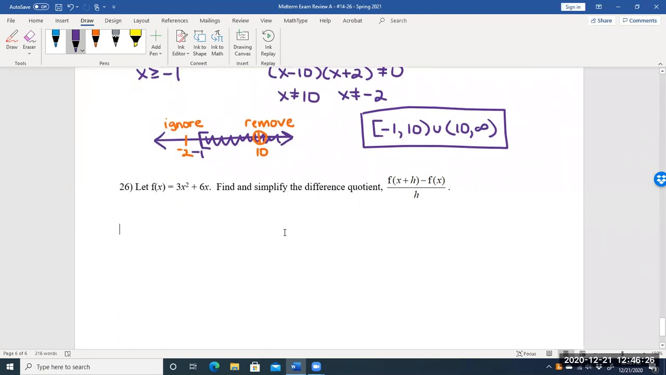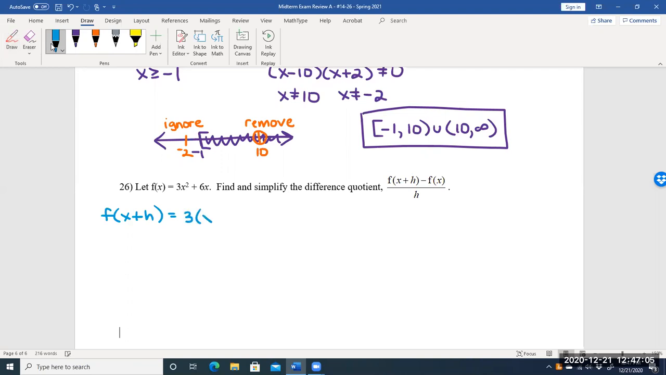All right, we've made it to the end. Number 26. So we need to find and simplify the difference quotient. Before I start that fraction, that quotient, I want to find this first. So I'm going to find this part first before I put it into that fraction, because otherwise it gets pretty crazy. So f of x plus h